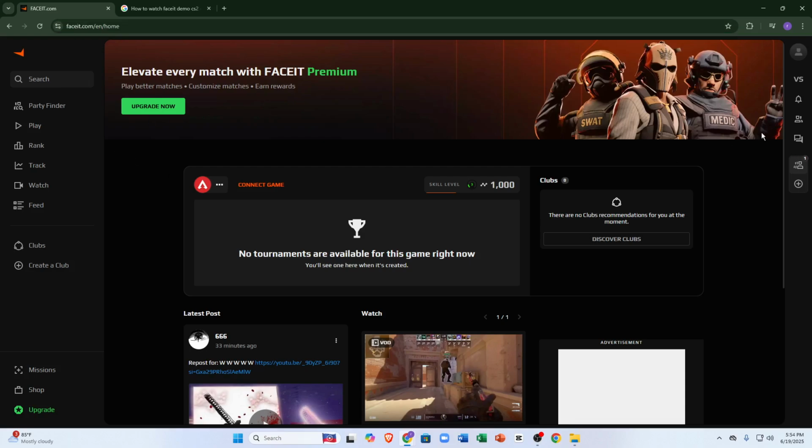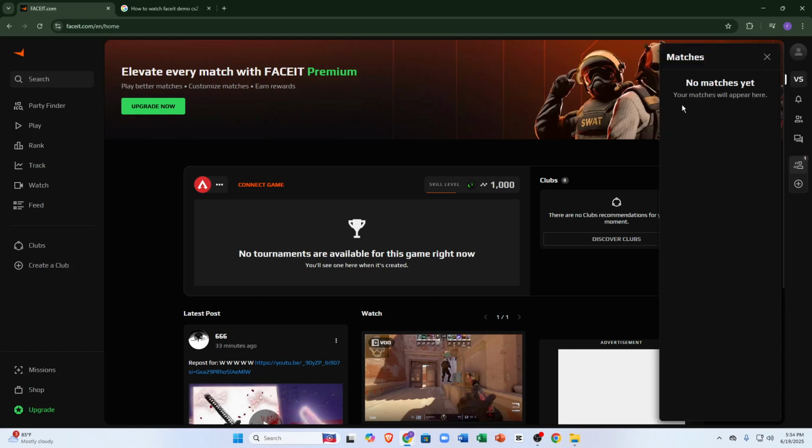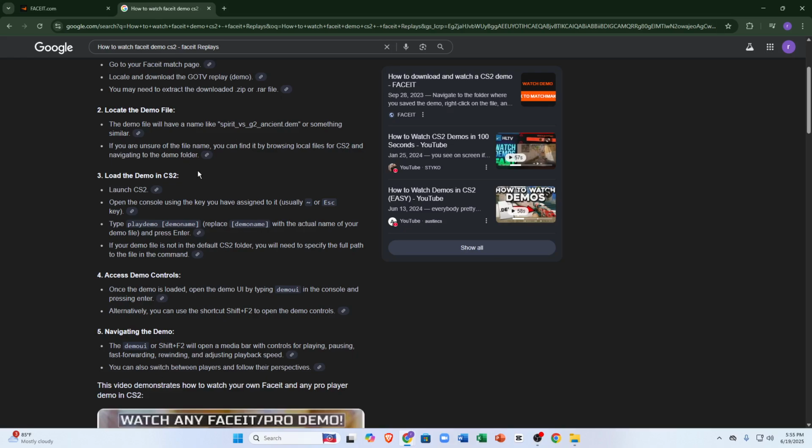And after logging in, you can see here the VS option. You just have to click on here, and the matches should appear here. And since I have no matches yet, there is nothing showing here. So after that, you can just